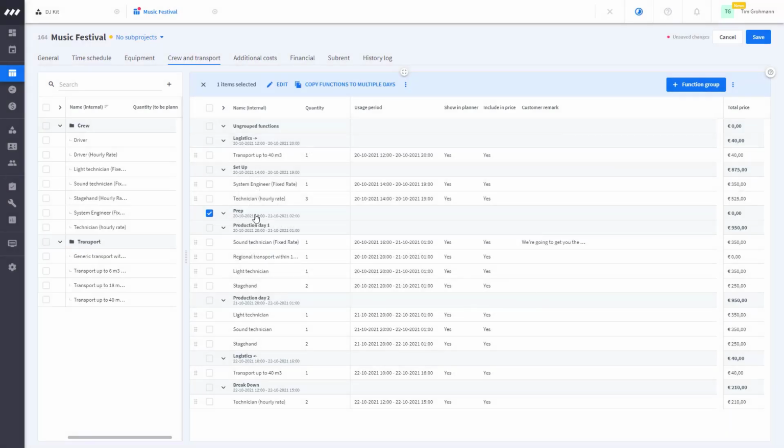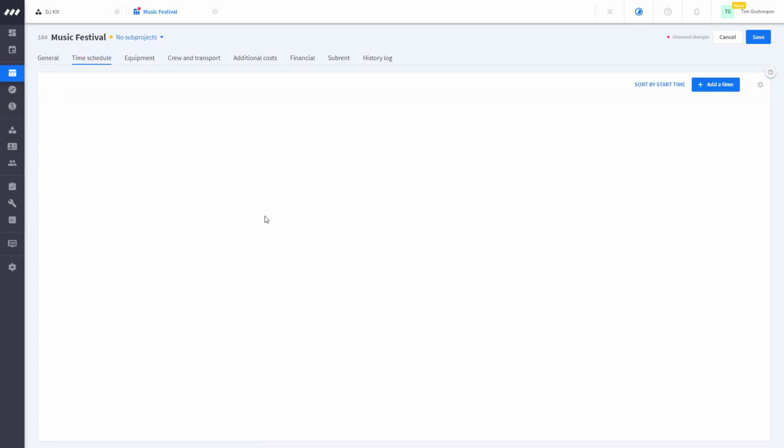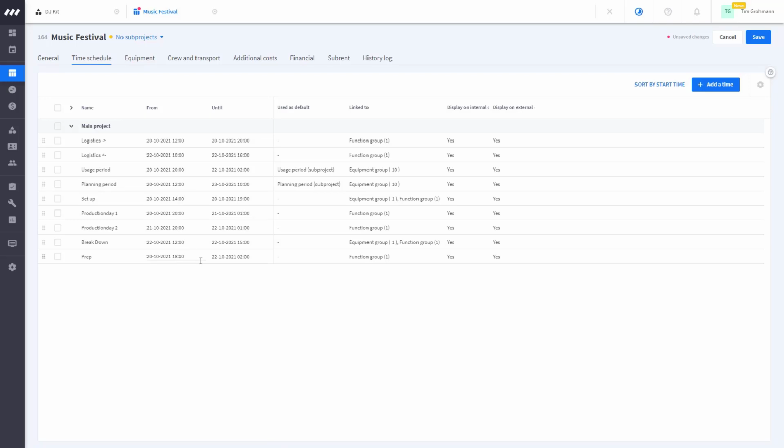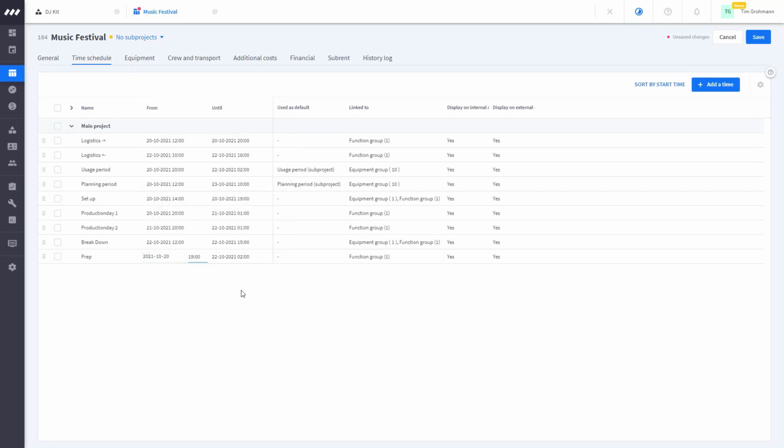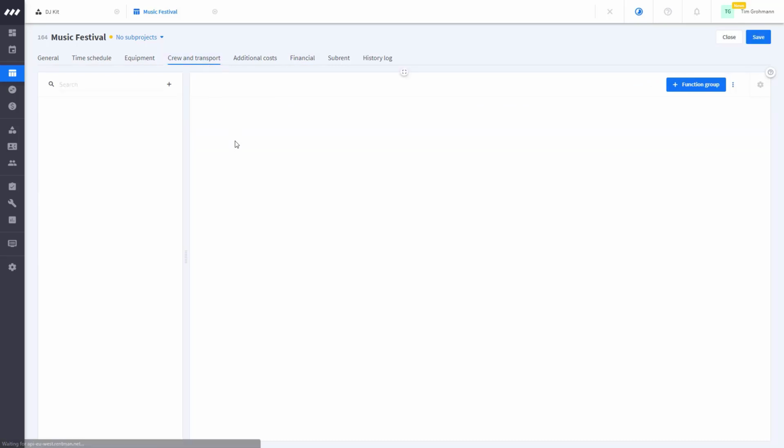you can directly see here that this prep time, 6 p.m. until 2 a.m. right here equals the prep time that I've previously added down here, 6 p.m. until 2 a.m. If that was to change, let's for example say this is 7 p.m. instead of 6 p.m., I'm just quickly going to change that, save it, and then if I head back here, you're going to see the result of that